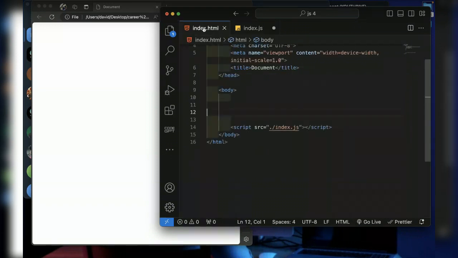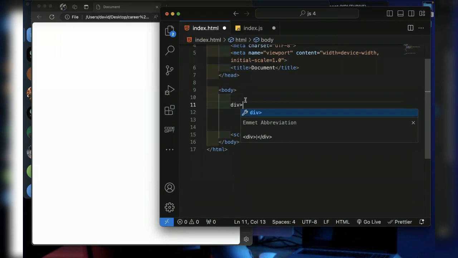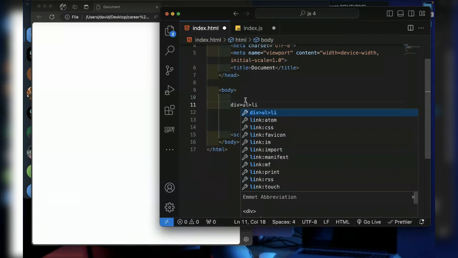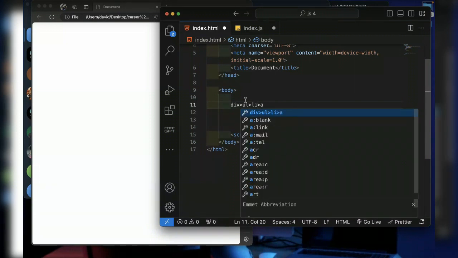It means how JavaScript interacts with the tags that are nested in the body. For example, I can have a div, and inside the div, I will have maybe UL. Inside the UL, I will have LI, and inside the LI, I will have an anchor tag.